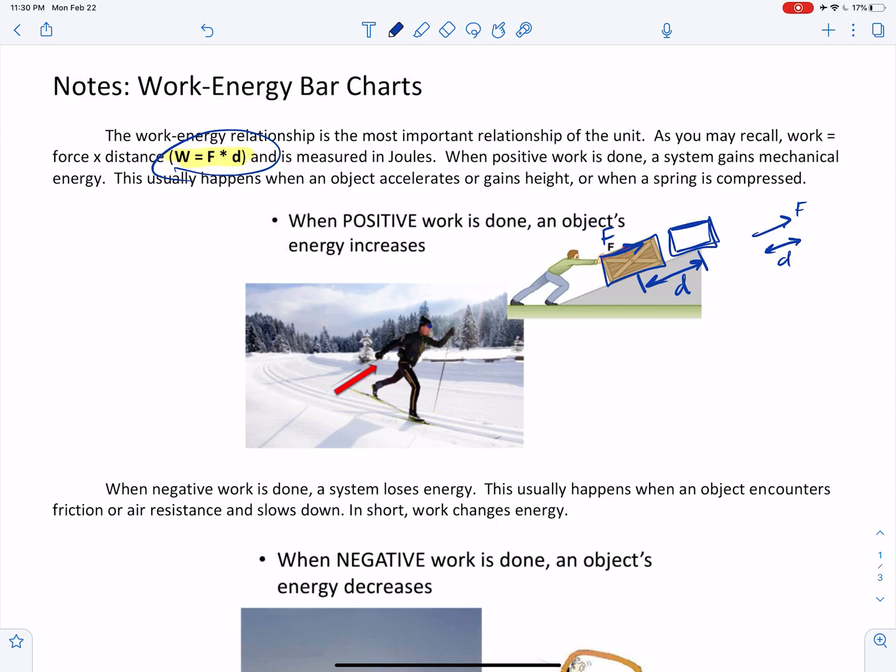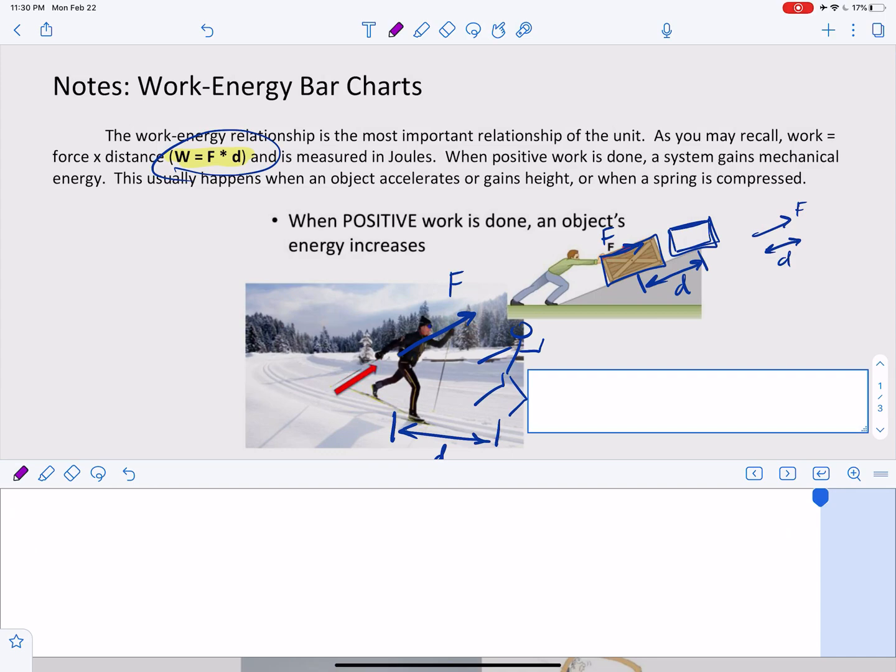That's the idea. And over here we've got a cross-country skier pushing himself with his poles along the snow. And so he's got this force this way, pushing him forward. But as I was trying to mention, the only component of the force that matters is the component of the force that's actually parallel to the distance that he's moving. So if his body eventually comes kind of over this way, then the distance traveled would be from here to here. And the component of the force that matters, and I'll grab another color for this, would be this horizontal component of the force